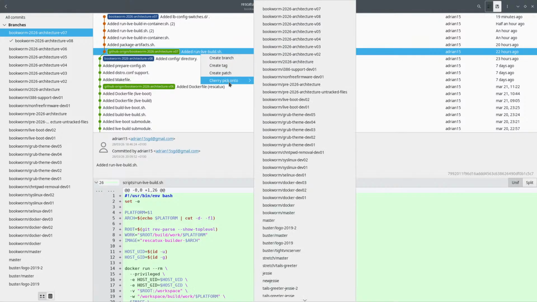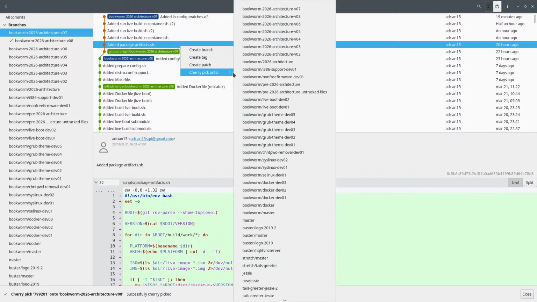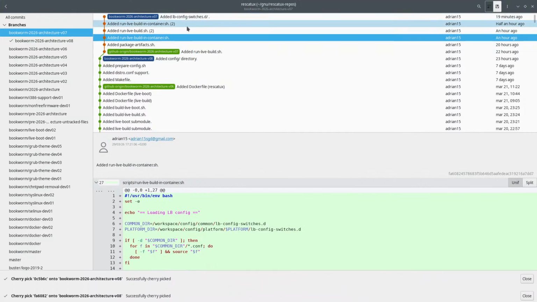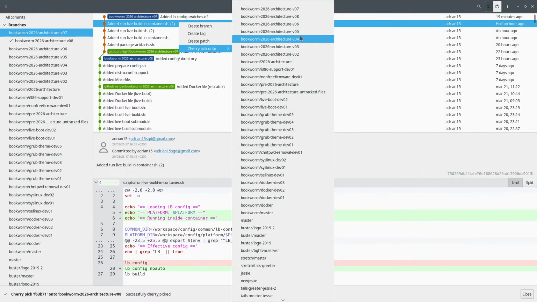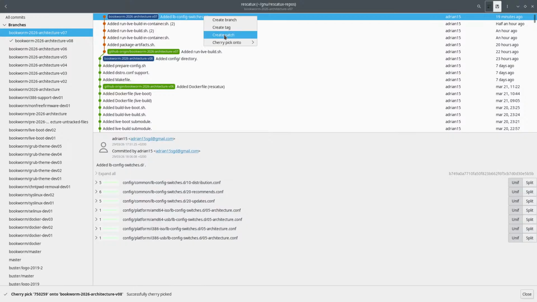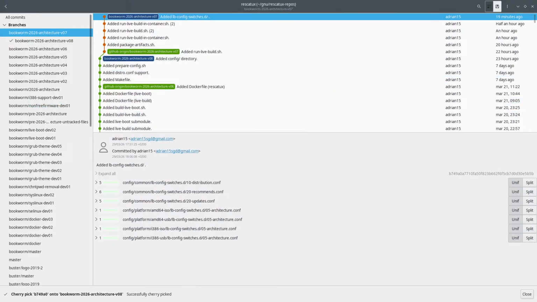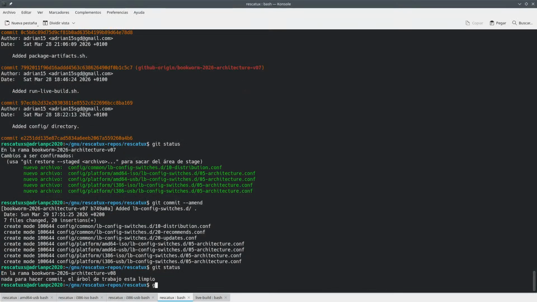So let's cherry pick into B8, and so on. B8, B8, and B8. So now, if we take a look at this thing here,